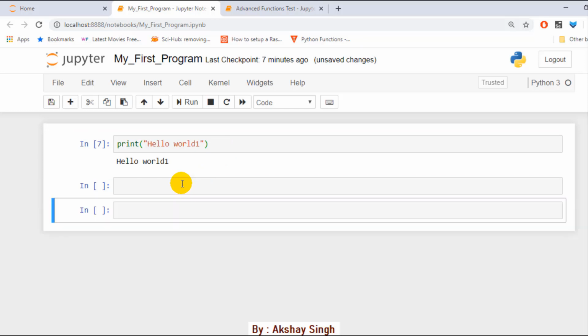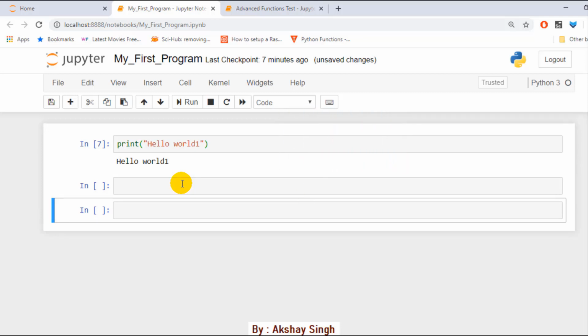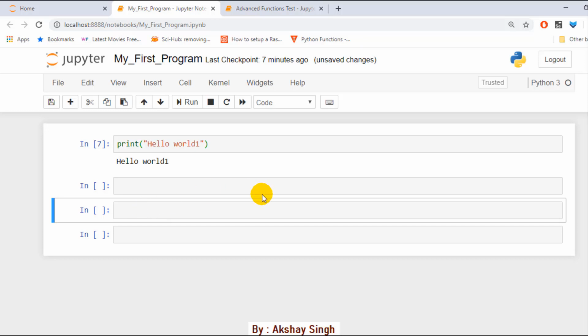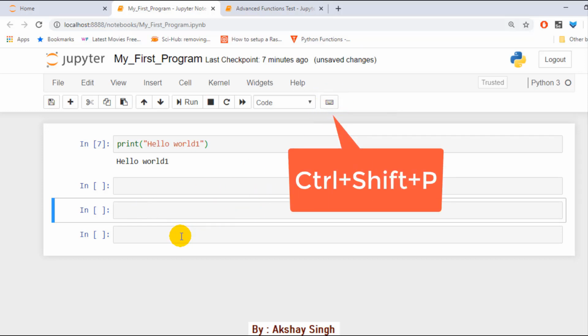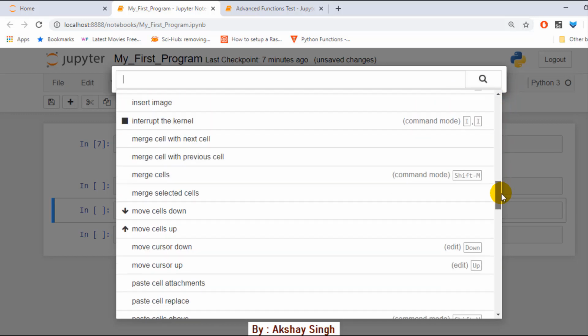When you press Escape B together, it adds a new cell below the current cell. If you press Escape A, it adds a new cell above the current cell. Similarly, the shortcut for this command window, just press Ctrl, Shift and P. See, this command window gets opened.